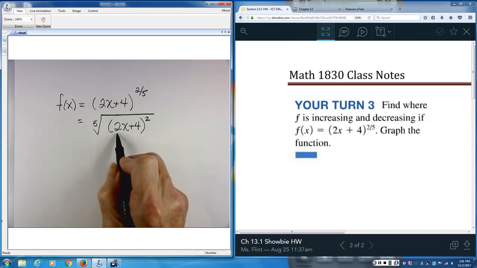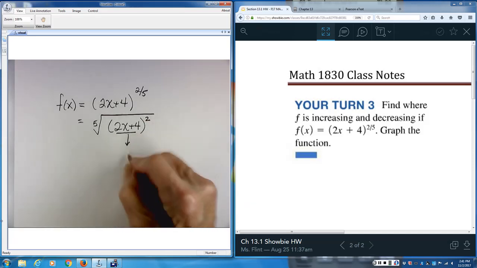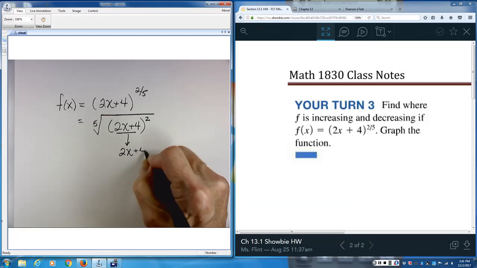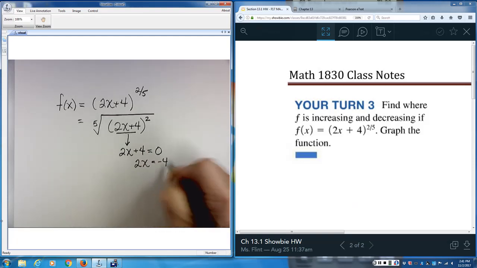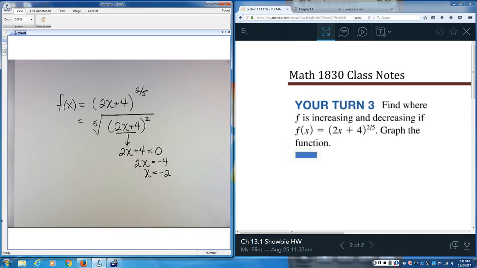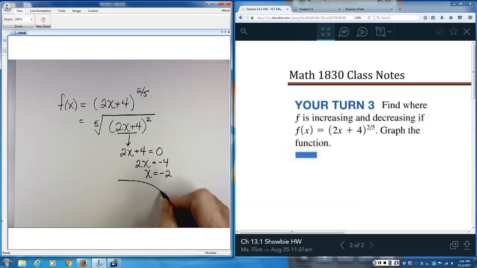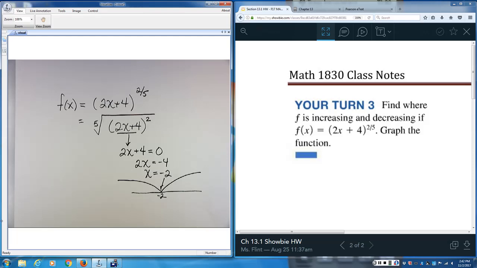And if you wanted to find out where that 0 was, all you have to do is set this part equal to 0. So at x equals -2, that was where your function had that sharp point because it touched the x-axis at that point. It actually had a value of 0 there because all you're doing is taking the fifth root of 0, and that's 0. But when you do its derivative,